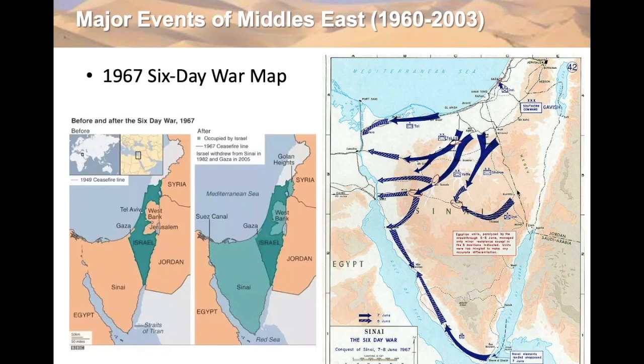Here's some movements, just a quick map of the 6-day war. Israel, here's their border, and they invaded Sinai all the way to the Suez Canal. If you didn't know what the Suez Canal is, you have the Red Sea coming up through here, and you have this branch of the Red Sea, which is called the Gulf of Suez, and then there was a canal created through this land area here. Here's more of a closer look over here on the right. And so Egypt tried to control that.